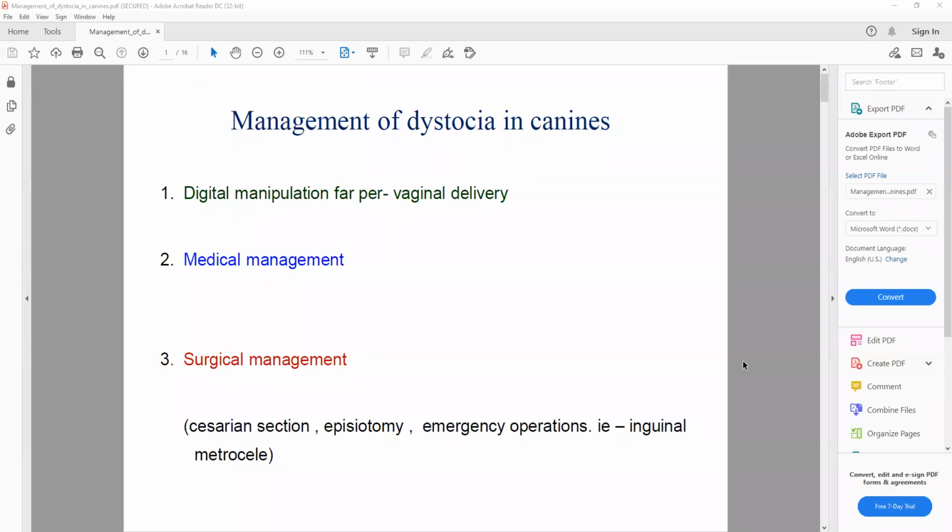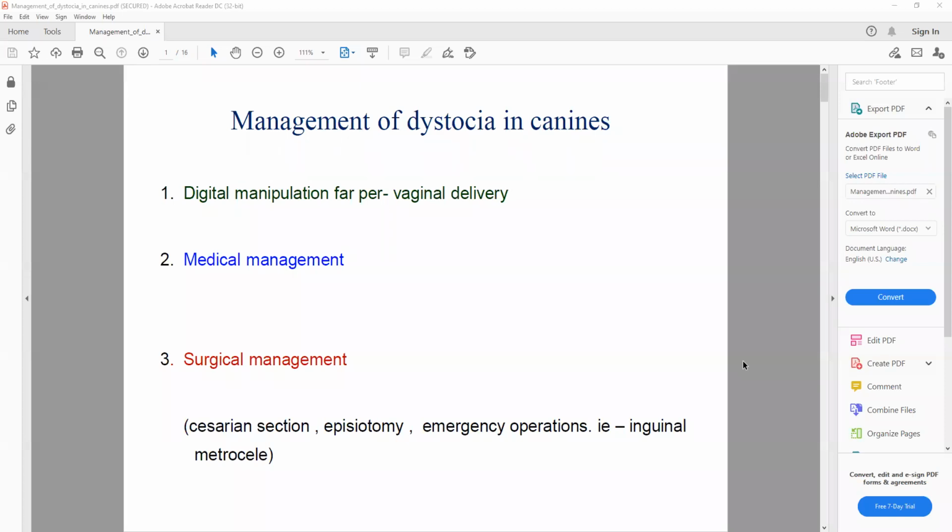Okay, so in the last few classes, we were in the pipeline to understand what is dystocia, what are the causes of dystocia, and what the presentation, position, and posture are, especially in case of large animals. Of course, in small animals also it is necessary to know, but in large animals you have to know the presentation, position, and posture so that you can correct them and make delivery or parturition easy. So we learned that in the last few classes.